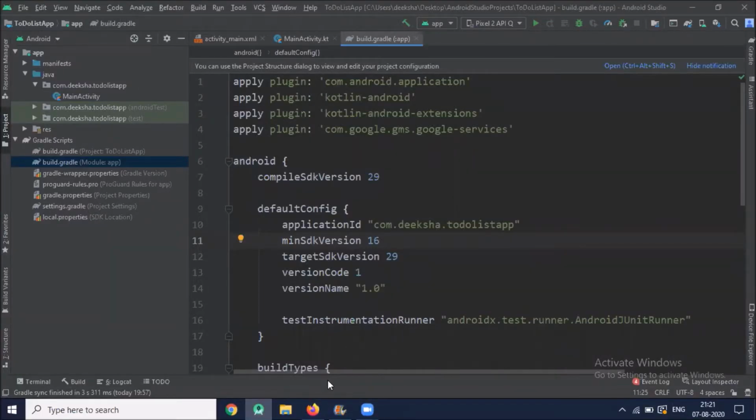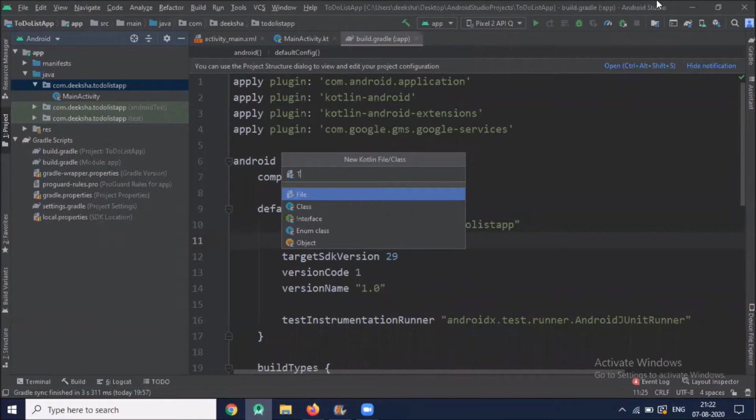Now we will design a model class. That class will be used to hold the data, and name it ToDoModel.